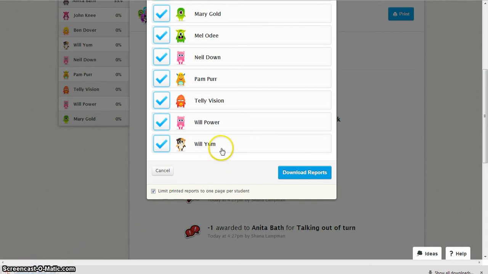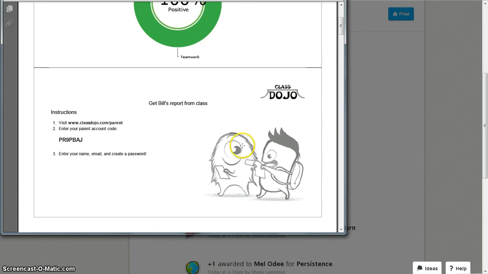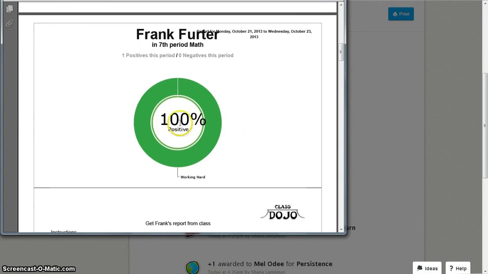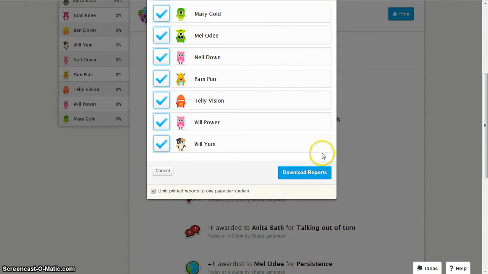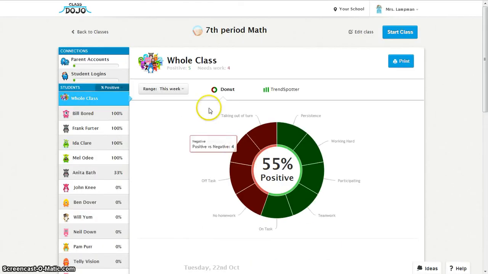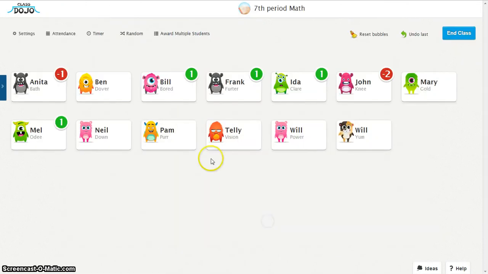So let's take a look at that, and it'll only show a report for the ones that I entered feedback on. So like Frankfurter got 100% positive. If I send this to his parents, it's going to give them a code to put in Class Dojo, and they can actually follow his behavior from home. So that's pretty neat. Another thing that I love about Class Dojo is, let me go back into my class,